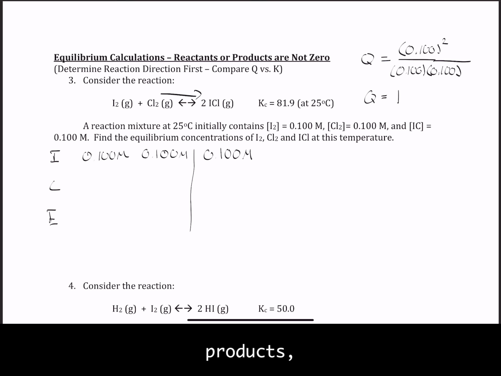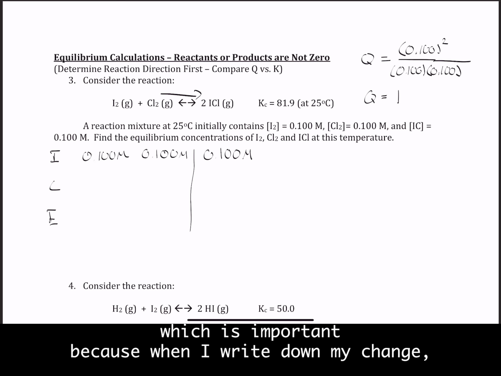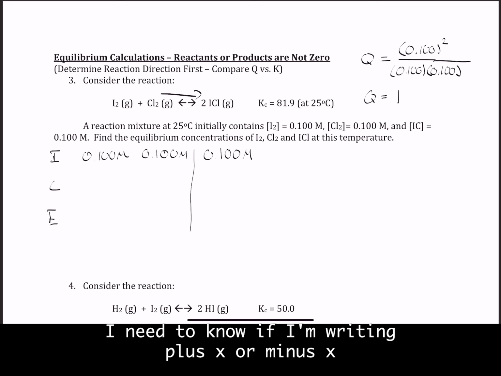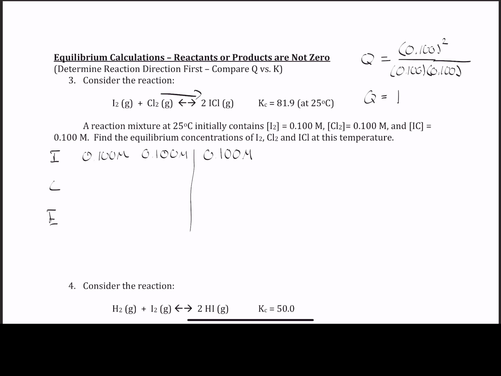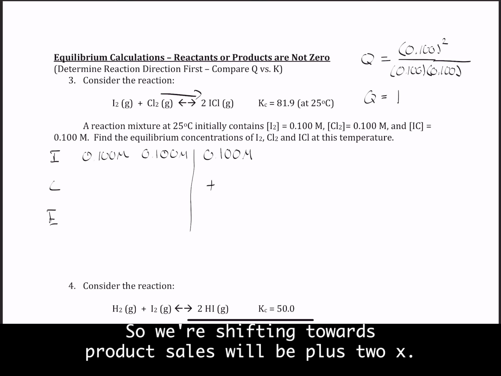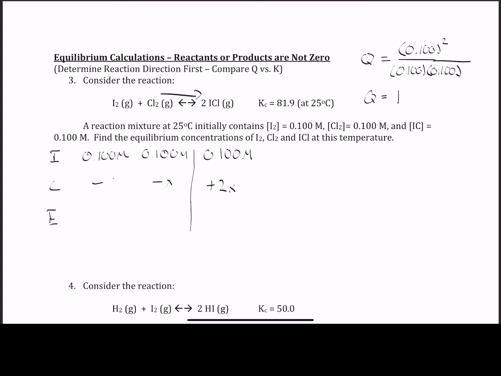products, which is important because when I write down my change, I need to know if I'm writing plus X or minus X on either side. So we're shifting towards products, so this will be plus 2X, this will be minus X, minus X. And then in the end,